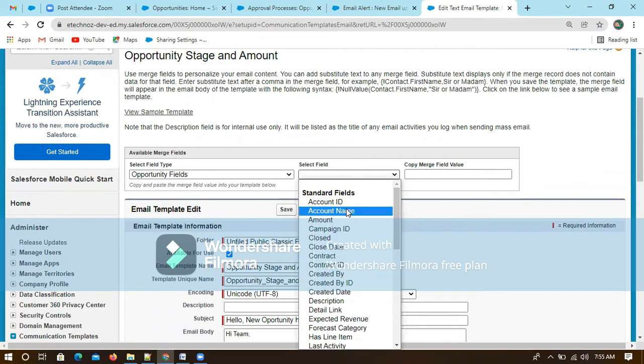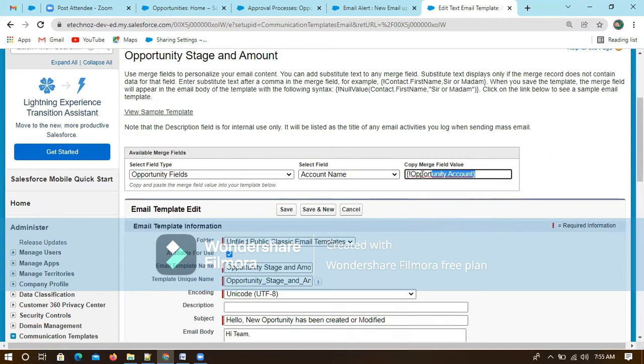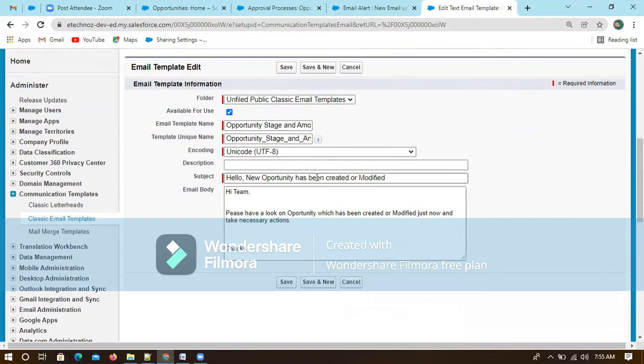If you want something like account-related information, for this opportunity, what is the account? If you want to check the name, this is the name, so opportunity.account. This is the merge field, so you can write it like this, opportunity. You can define some content.